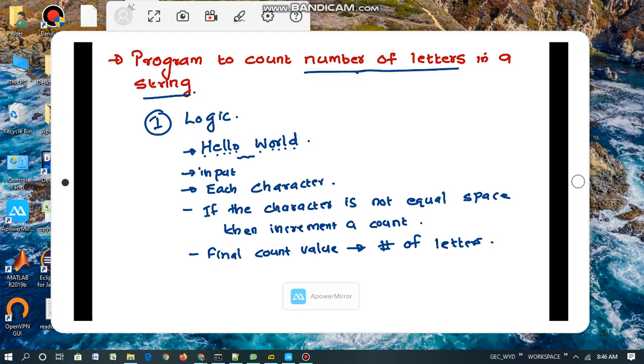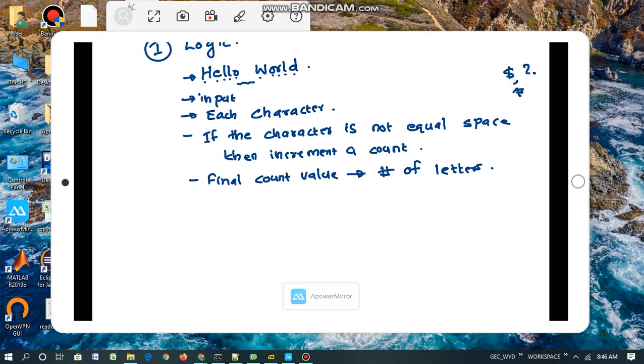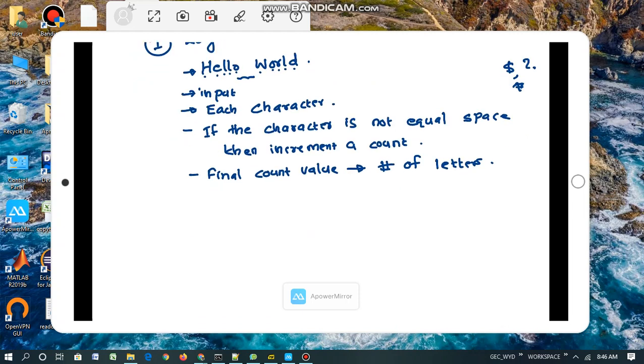Currently I am assuming that we are not inputting any special characters like dollar or question mark or hash or something like that. So we are inputting only an alphabetical string with a space it can provide. Okay, so let's make that simple. So our pseudocode will be: input string. Okay, and then